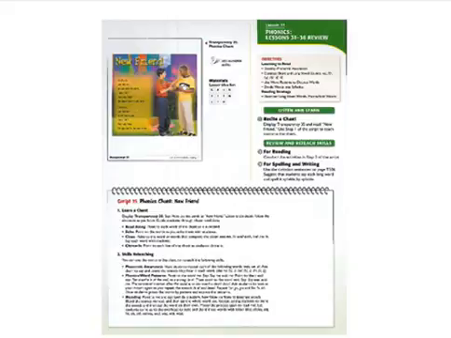At the end of each group of lessons, you will find a review for that group of lessons. Again, there's a script provided. Notice the letter tiles that will be used with this lesson. It identifies them for you so you can have your resources ready when you're teaching. You're going to explain to your students